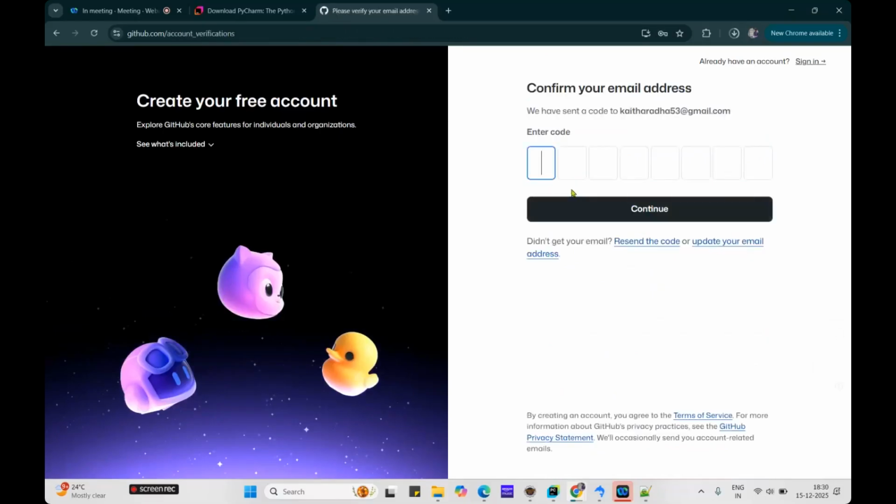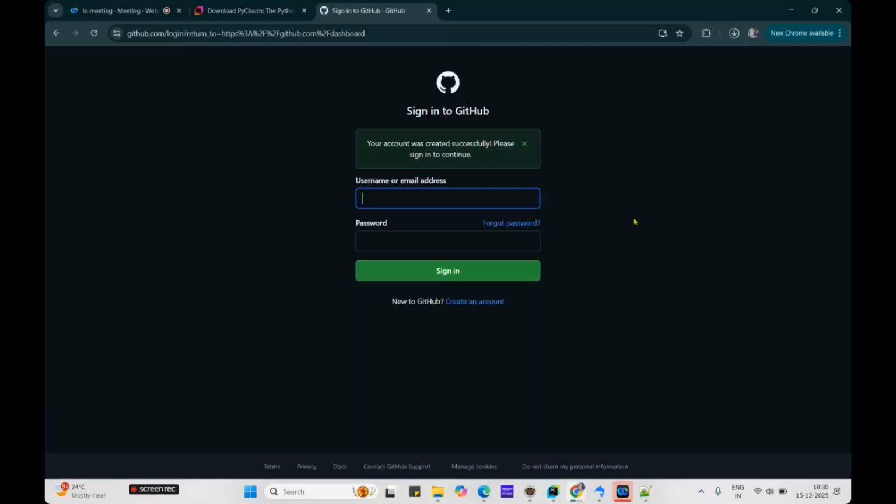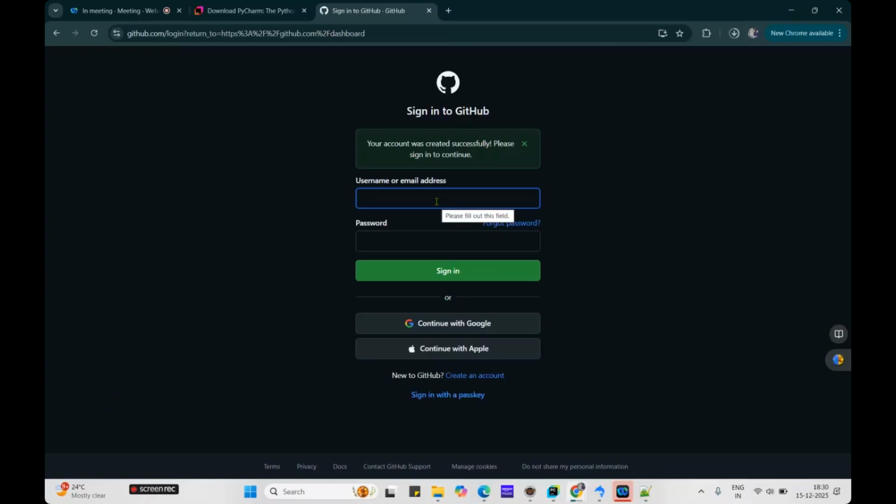Here you need to enter the OTP which was received on your email. One second, let me enter my email. See, my account was successfully verified, and it is asking for my email address and the password to sign in. Whatever details you gave at the time of registration, you need to provide all of them here. So my details are,